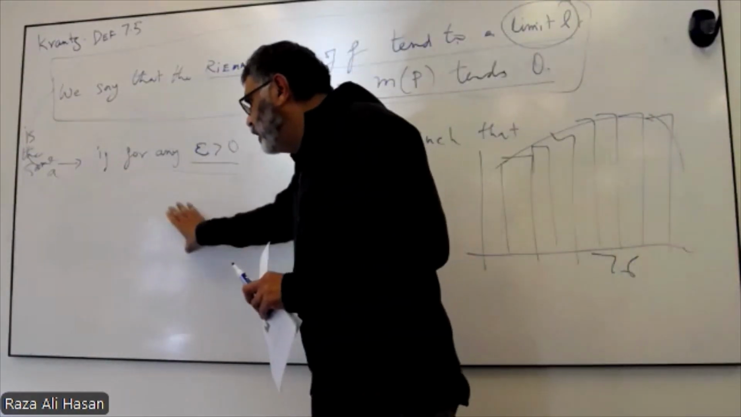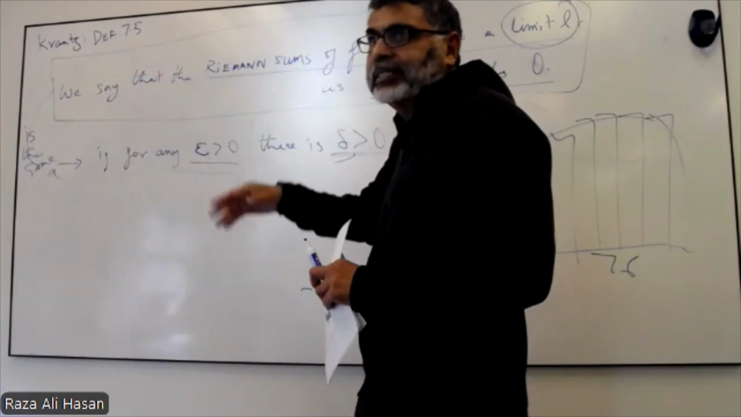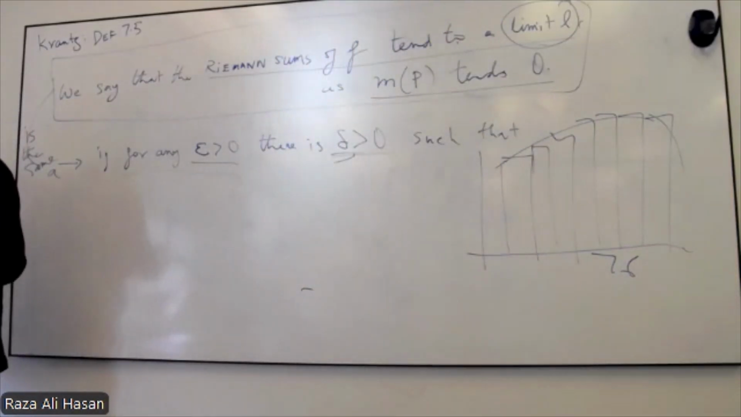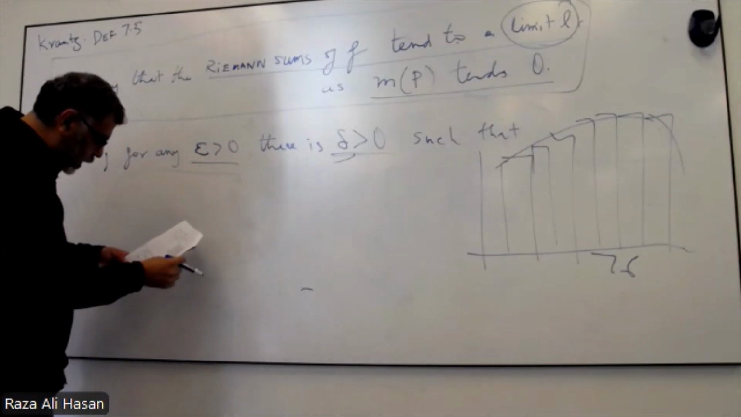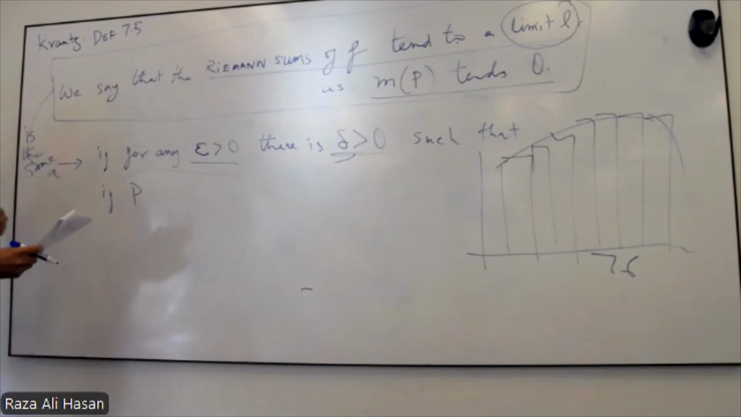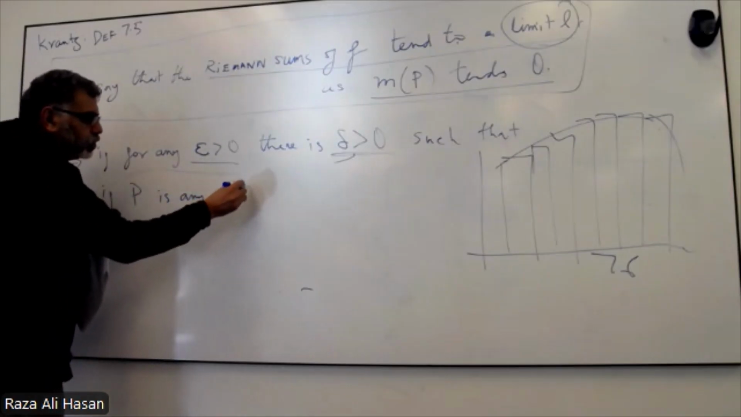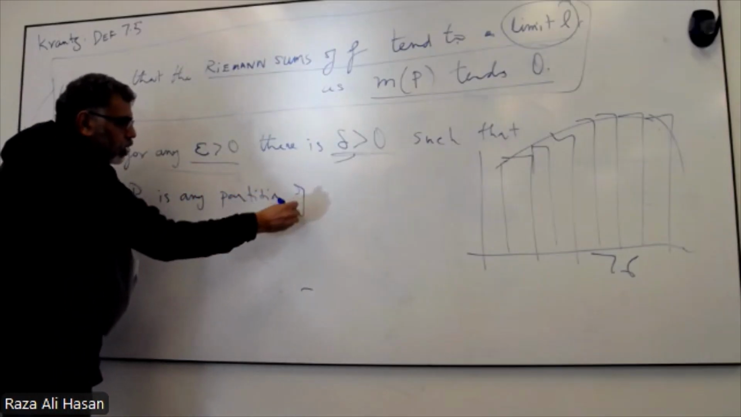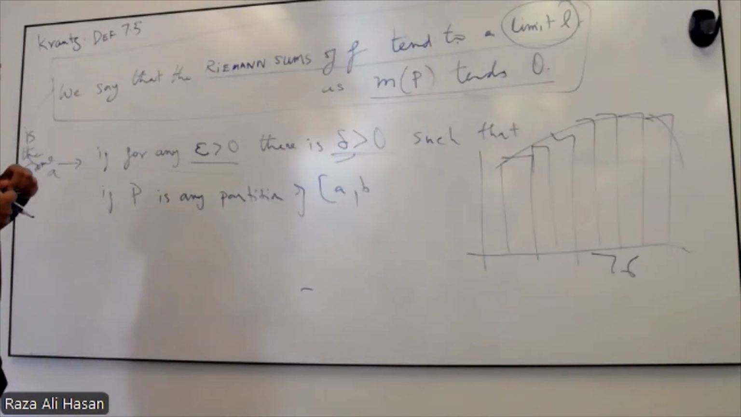Okay, so this condition that I wrote and the other condition has to be true. That means the limit exists. Okay, so we have such that, if P is any partition of AB, so I need to,